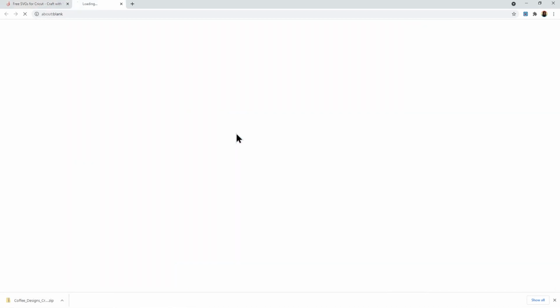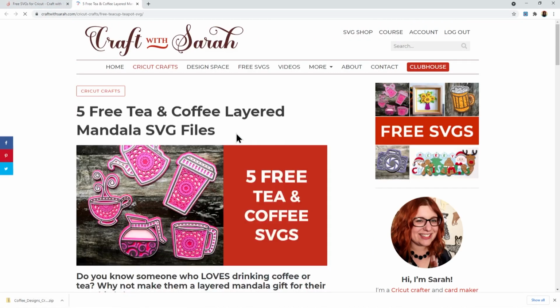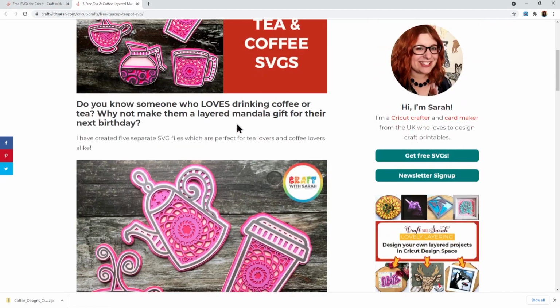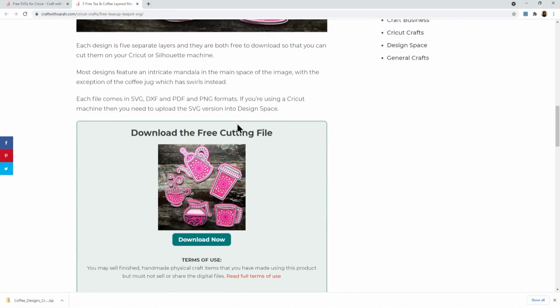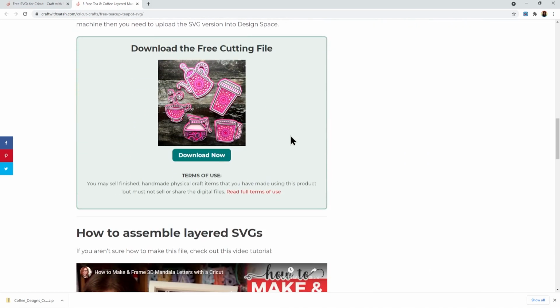Now if you are looking at a tutorial, let's just open one up. Then you can get the files from the tutorial pages too. So this is the little box I showed you earlier. Here it is. So now, because we're logged in, instead of the login form, it says download now, and click that. And just like it did on the other page, it's going to download that file to your computer.